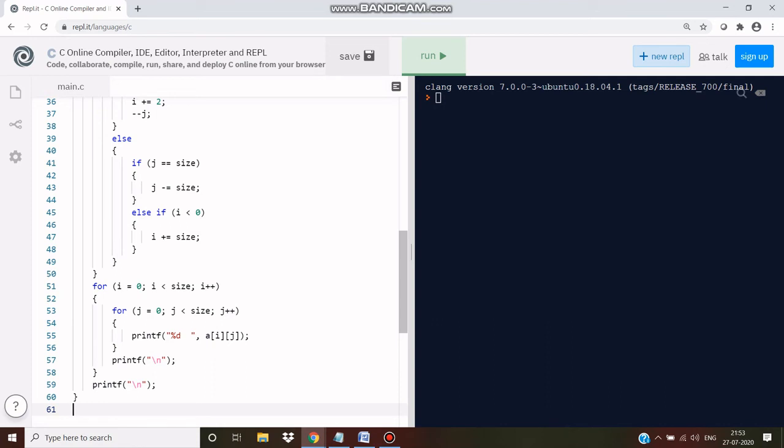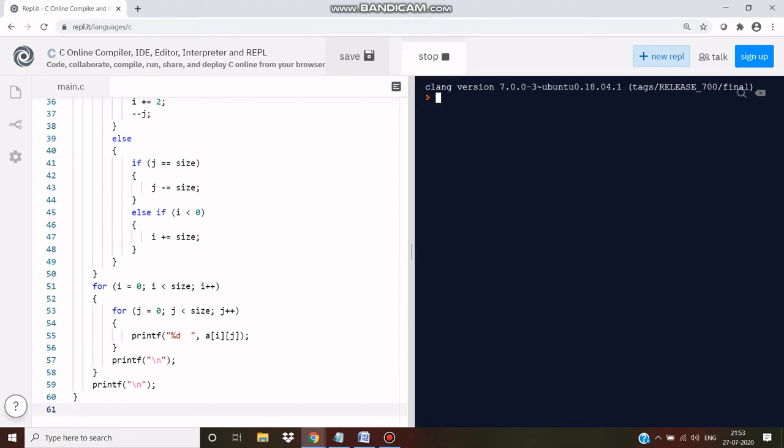For the magic square, first they are assigning the value 1. It will be assigned to the middle term, the first row. Then it is checking whether j is greater than the maximum value 5 or i is less than 0. If it is less than 0, we are going to change the value of i and j. Then if it is greater than 5, it will go to the n minus 1th column. i will be added with 2 is used. Now we will run the program and see.